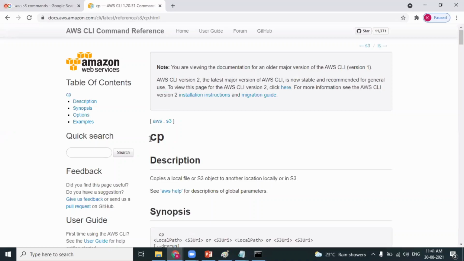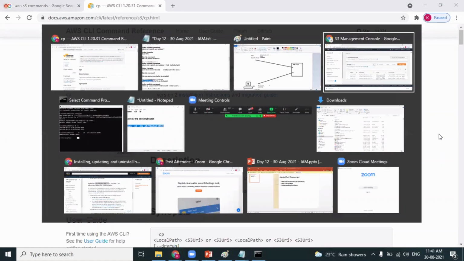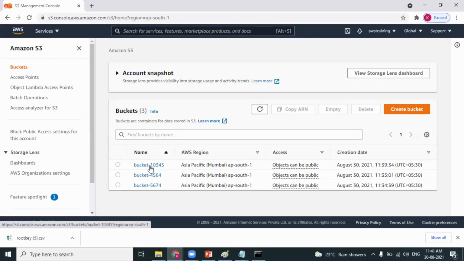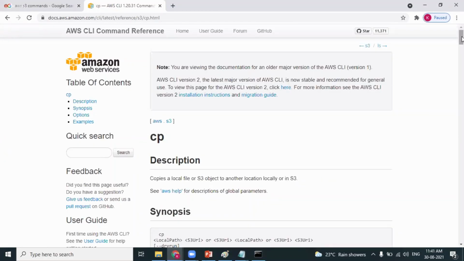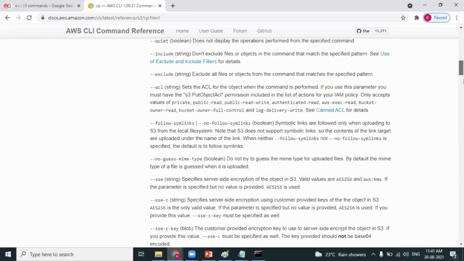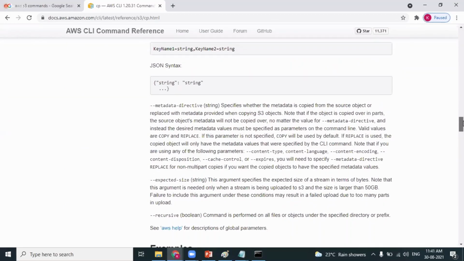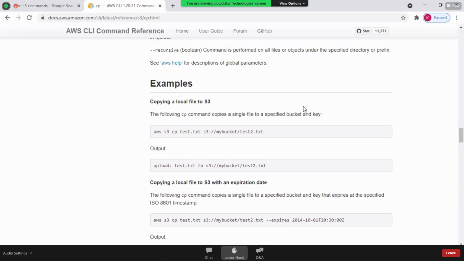So we have a command called cp. Anuj, can you guess? Copies a local file to the S3 bucket. That's what I want. I want to upload the object. I have already created a bucket. This is the bucket which we created from the command line interface. Right now, as you know, the bucket is empty. Now I want to upload objects into the bucket. Yes, there's a command called cp, which helps you upload objects. So you need to get the syntax. Examples, and this is the bucket command.